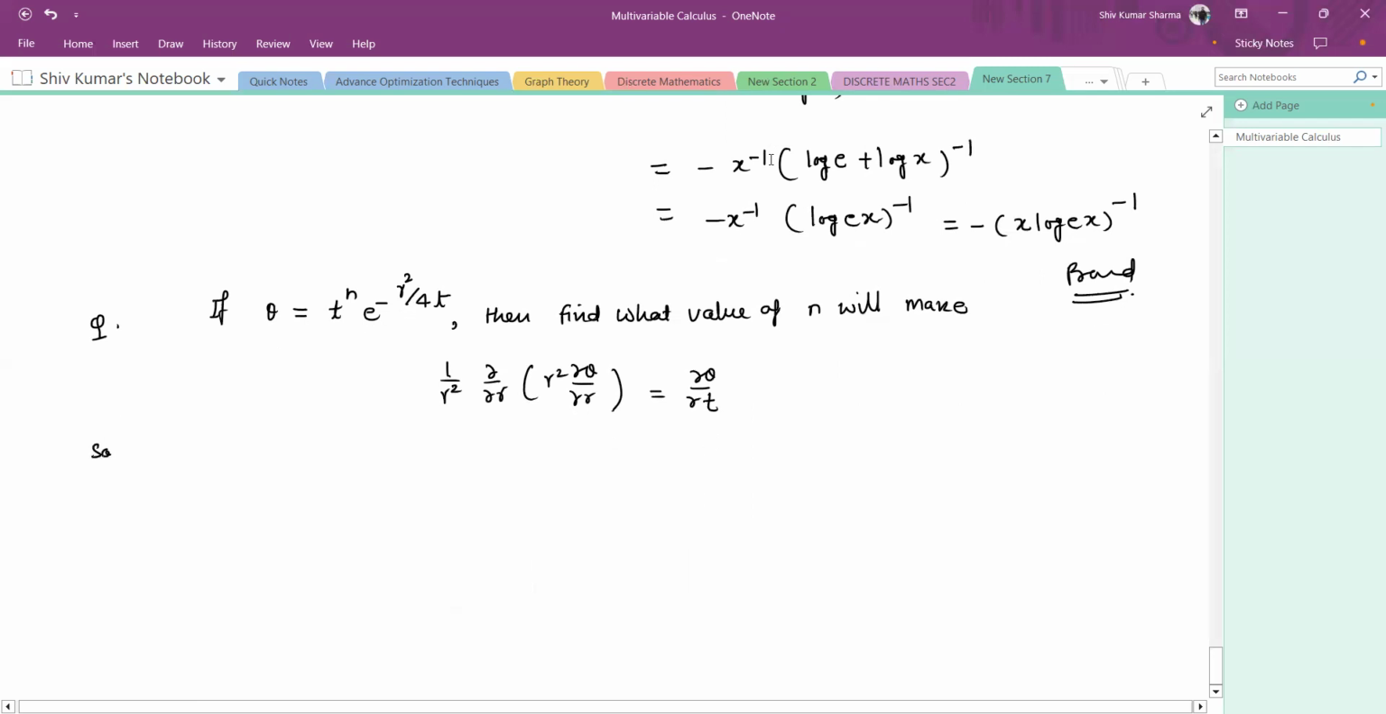Okay, so we solve this problem. So given that theta is equal to t raised to the power n e raised to the power minus r square upon 4t. So this is our equation number 1. So in this equation, first we solve the LHS part, then we solve the RHS part. So we start with the bracket. So that means first we have to calculate del theta upon del r. So differentiate 1 partially